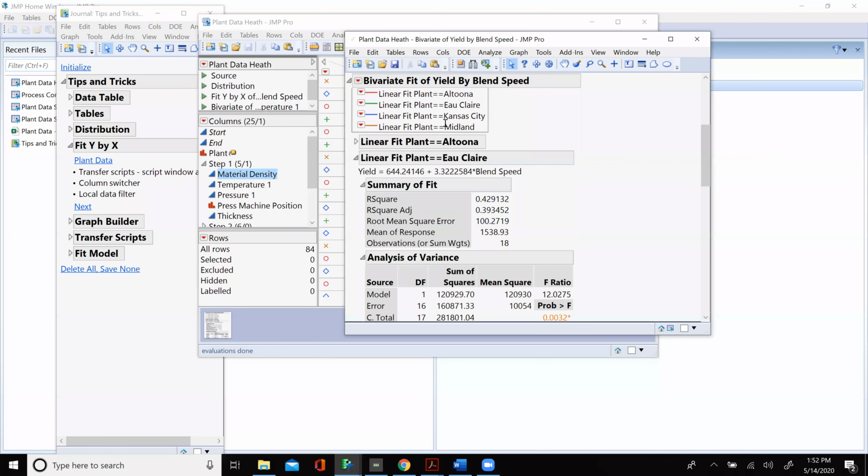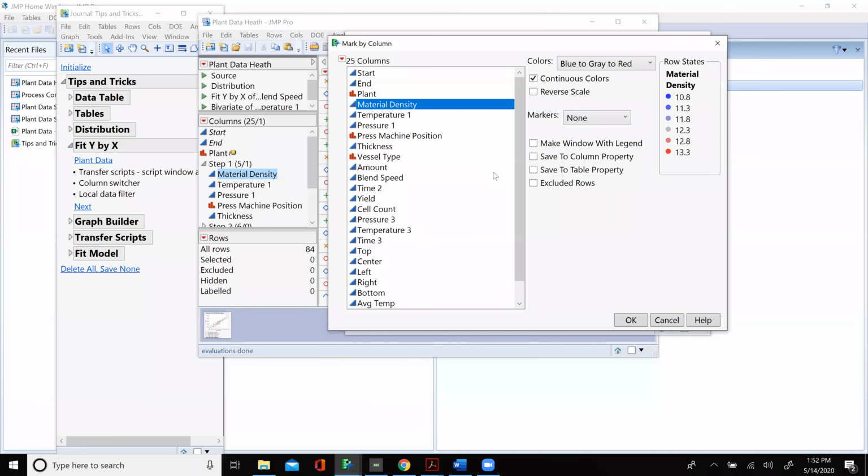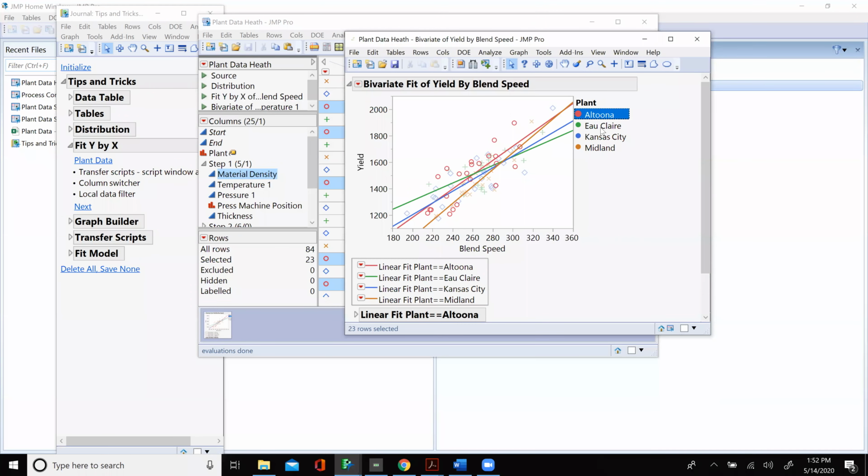And what you're doing is grouping a line for each plant, right? Now, good news, bad news is you can do that. Bad news is it's looking pretty rough here. There's Altoona and Eau Claire and Kansas City and Midland. But let's just say that you wanted to focus on two of these and compare Eau Claire versus Kansas City or Altoona versus Midland, something like that.